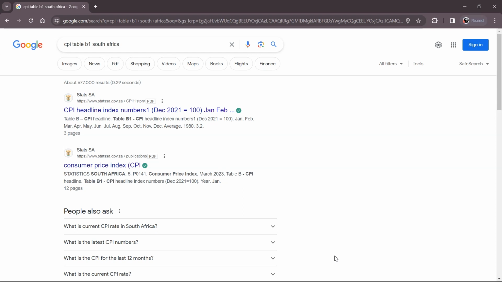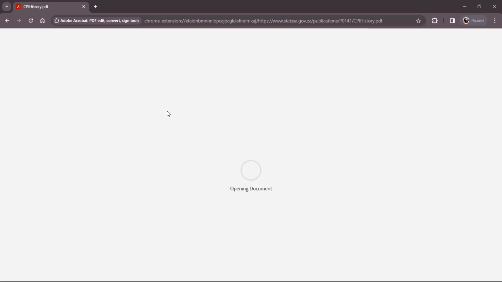And to do that, you need to use CPI values. So in this video, I'll show you how to do that. The first step is to get the appropriate CPI table. And that you can do by just Googling CPI table B1 South Africa. You should get the first result, CPI headline index numbers, and if you click that, it'll open a PDF file